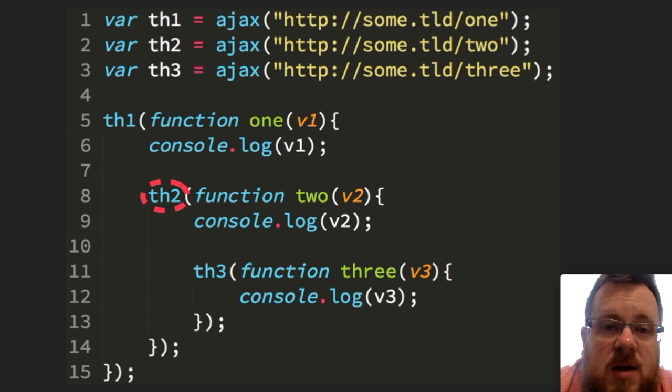Either the second response has already come back, in which case, essentially immediately, our callback will be invoked, and it'll be given that data. The other scenario is that th2 needs to wait for that AJAX response from the second AJAX call. It's not yet ready. But that's okay, because either way, we still unwrap the Thunk in exactly the same fashion.